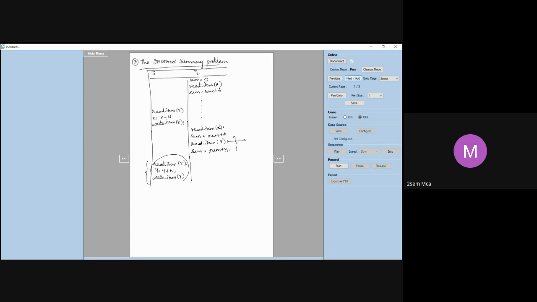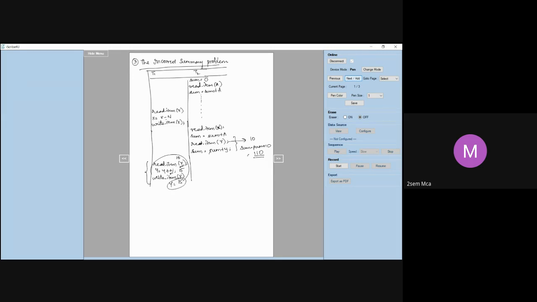You are reading Y here, let us say Y is 10. Okay, and your sum is equal to sum plus 10, you are adding it. Let's say sum is 100, 100 plus 10, you are getting 110. But after you do this, what is happening on the T1 side? You are reading Y. Let us say Y is 10. And you are adding some N to that. So Y will become 15. And then you are writing Y as 15.